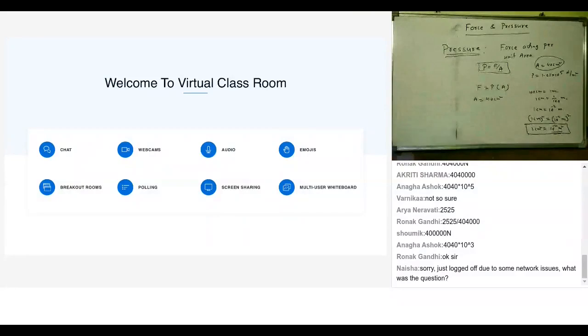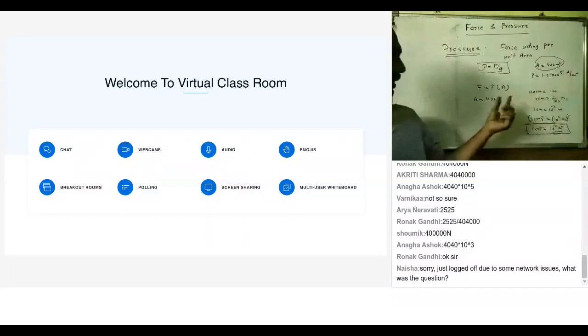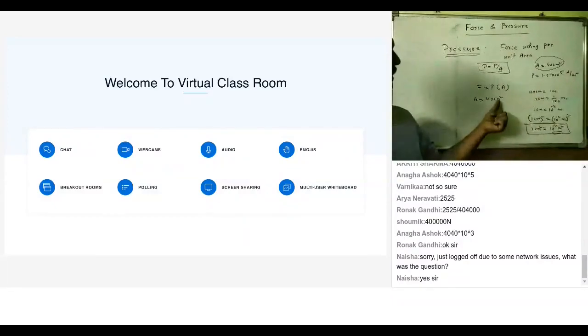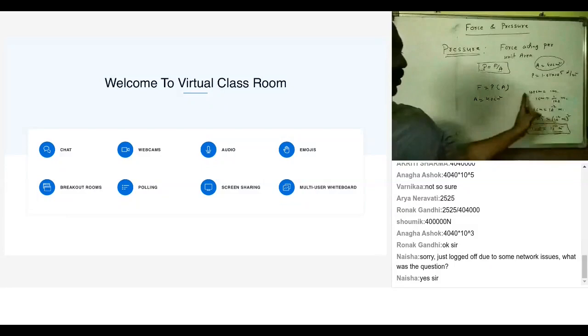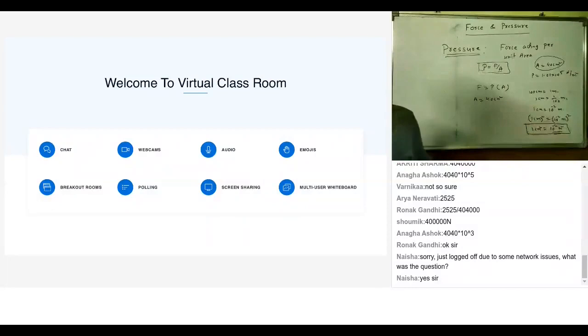Sir, can you repeat it? I actually didn't understand. So what I am doing is, because the unit here is centimeter square and this pressure is given in terms of Newton per meter square, I'm trying to convert this unit of centimeter square to meter square. We know 100 centimeter is 1 meter. I divide both sides by 100. I'll get 1 centimeter is 1 by 100 meter. Now 1 by 100 in terms of indices can be written as 10 power minus 2.